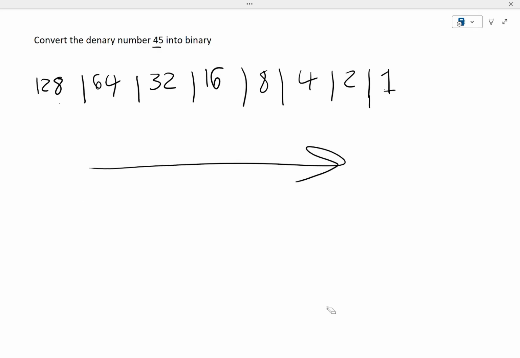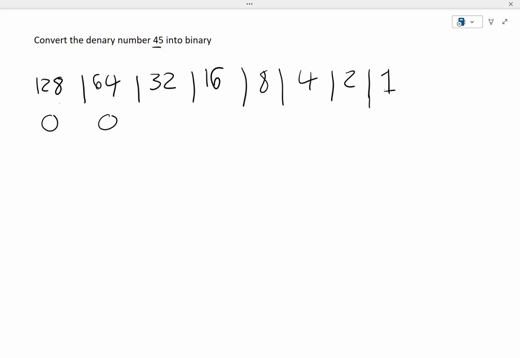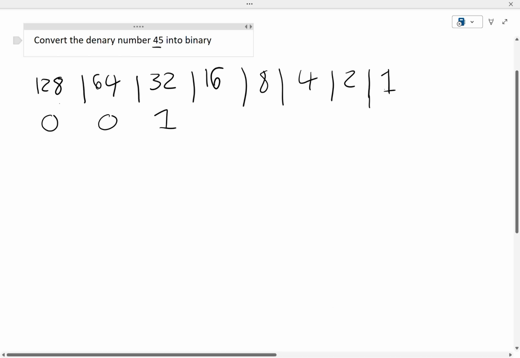All you have to do is, we're going to start from left to right, and check if the number fits into 45. So we'll start: does 128 fit into 45? No, it doesn't. Does 64 fit into 45? No, it doesn't. Does 32 fit into 45? It does. So we'll put a 1 there, and that means we'll have a remainder of, 45 minus 32 is, sorry, not 23,